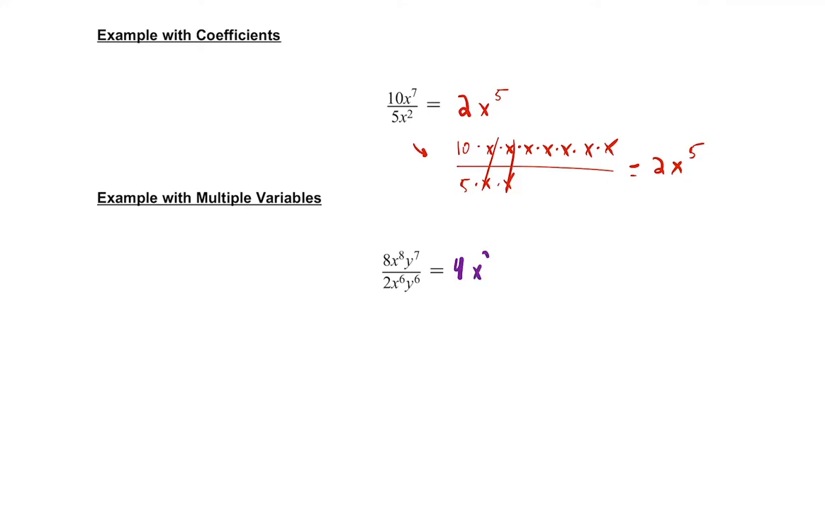This would be x squared. We have 7 y's being multiplied on top, 6 on the bottom. 6 of them would cancel, leaving us with 1 y on the top. Right? So you can either think of it as canceling or you can use your exponent rules. Now,